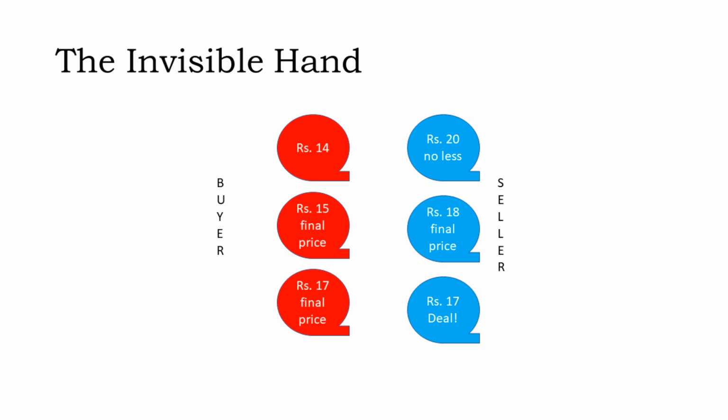Then you decide to increase the price from your side and you say, rupees 15 is my final offer. And the seller says, no way, rupees 18 is my final offer. So you come to a higher price from your side, that is rupees 17, and the seller says, fine, let's make that deal. Now here you can see the demand and supply forces working together and how any imbalances are able to be restored and a point of equilibrium is attained between the buyer and the seller. 17 is a price at which you are comfortable buying 1 kg of vegetables. 17 is the price at which the seller is comfortable selling you 1 kilogram of vegetables.